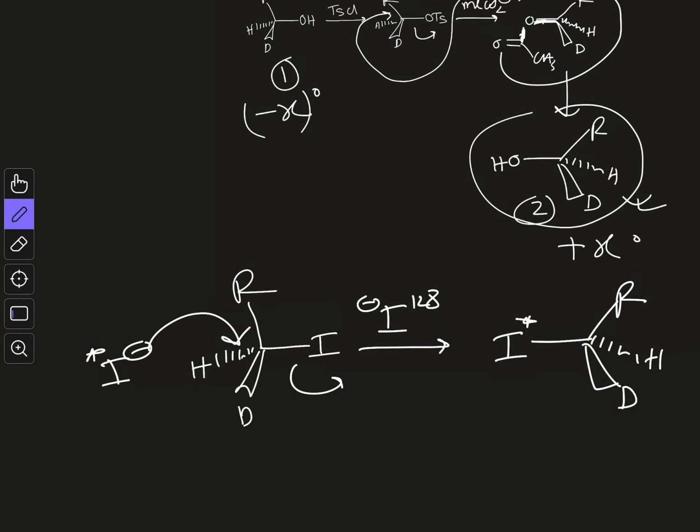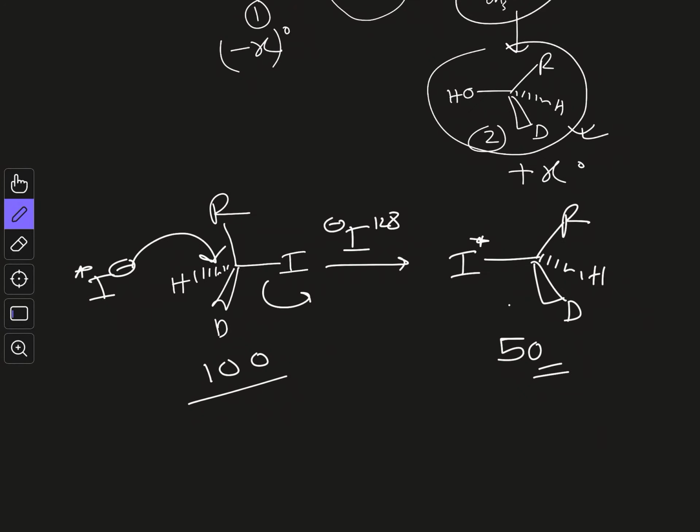Now if you start the reaction after a certain time, what will happen? So if we start from hundreds of this molecule, when 50% of this will be converted to this other isomer, that is, it is actually the enantiomer of this one. So when it is converted 50%, you will have a 50-50 mixture of, so let's say, so we just do